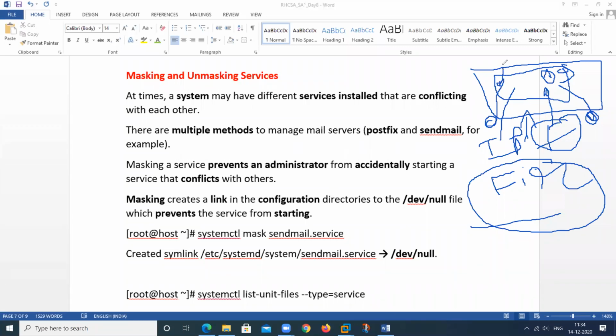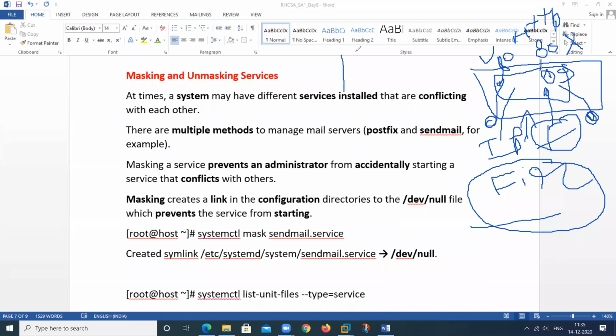Suppose this one uses this particular port. I will show one example. By using this, this particular port is allowed, but this has disallowed this particular port. For the same service, HTTP. By using firewalld, we have disallowed this, so this is not allowed in the network. And what will this say? This is allowed. Then what will happen?